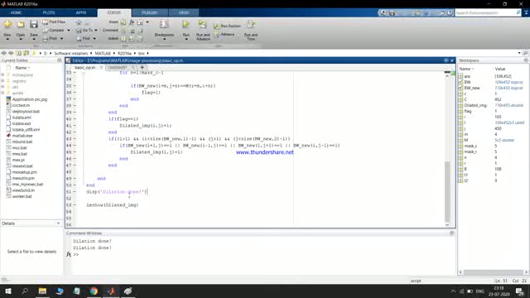For comparison, I'll do one thing: subplot.